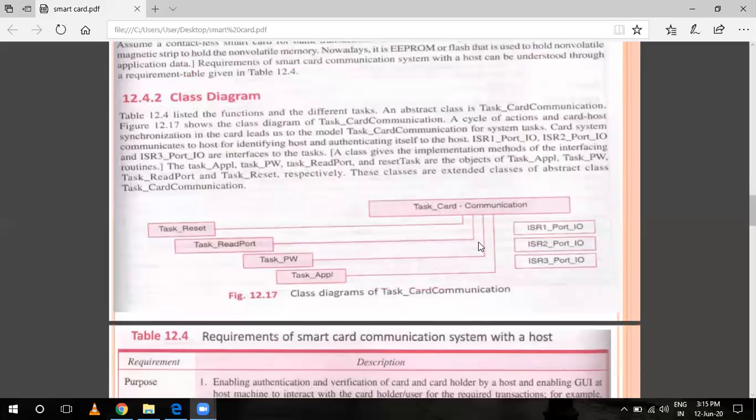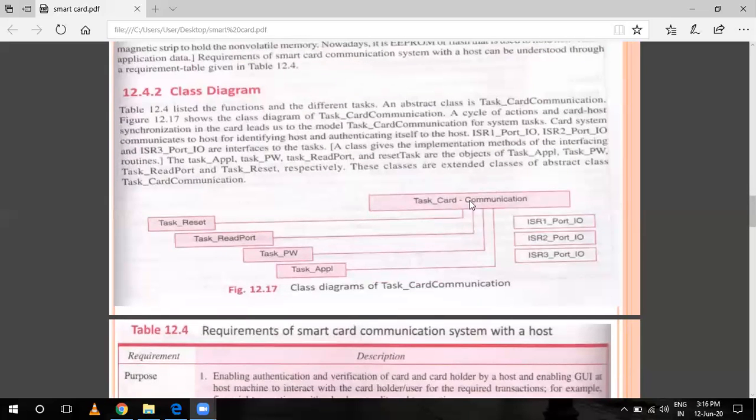This is the diagram for the task card communication, that is task reset, task read port, task PW, and task application.